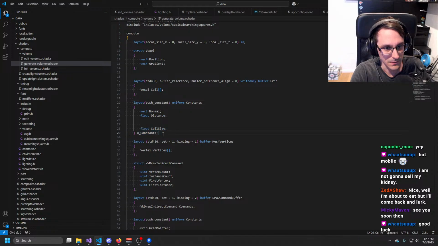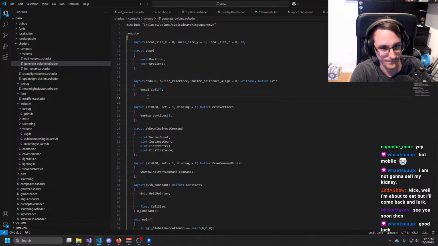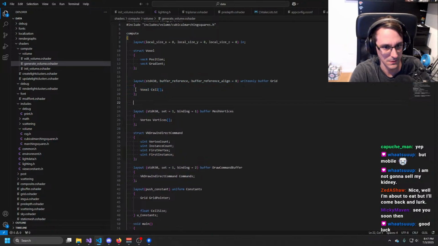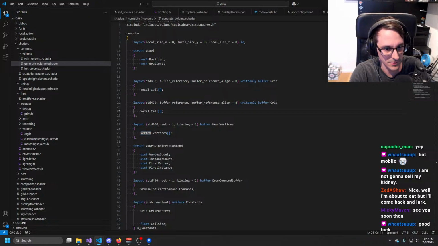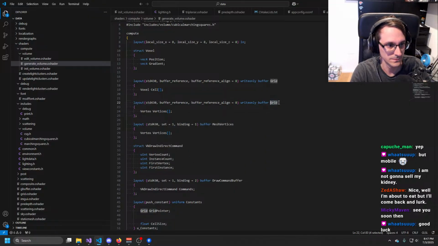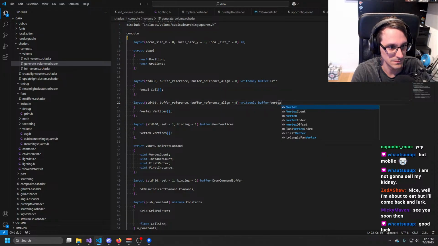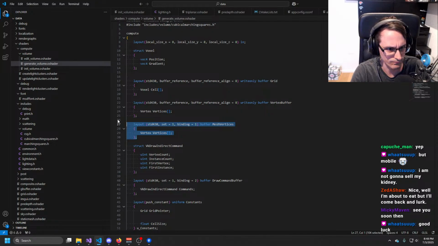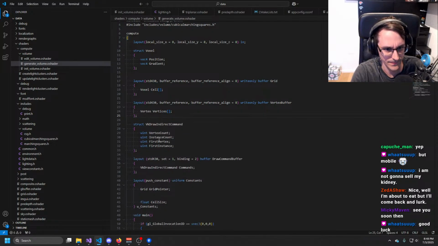And then let's get rid of that. And then we need to do another one, which has the vertex. Let's do it like that actually. Then we can get rid of that. And then we do another one